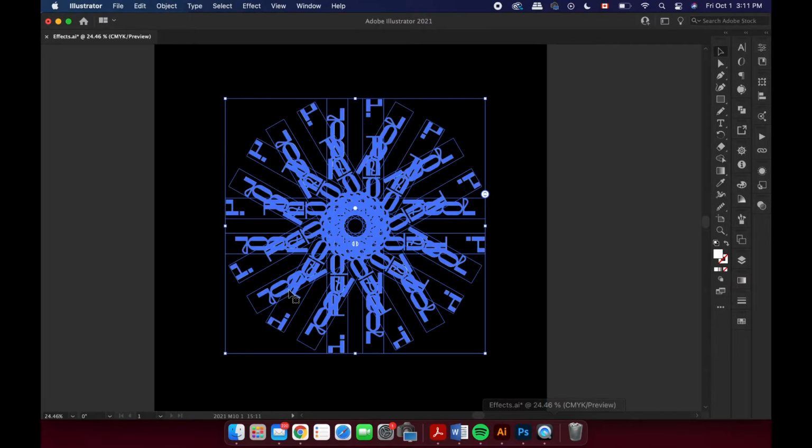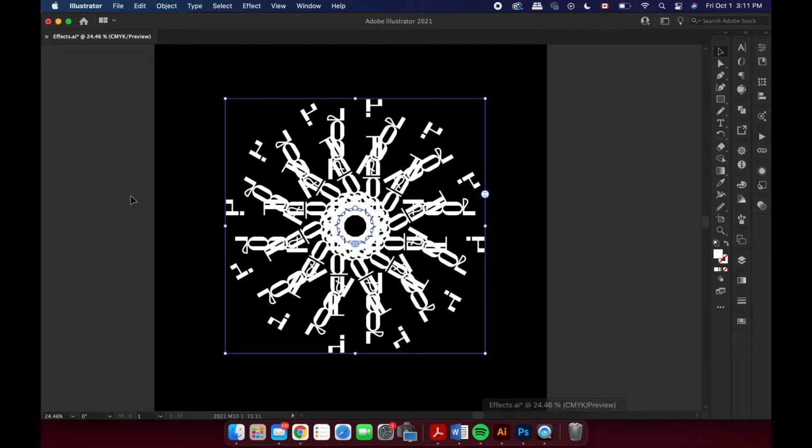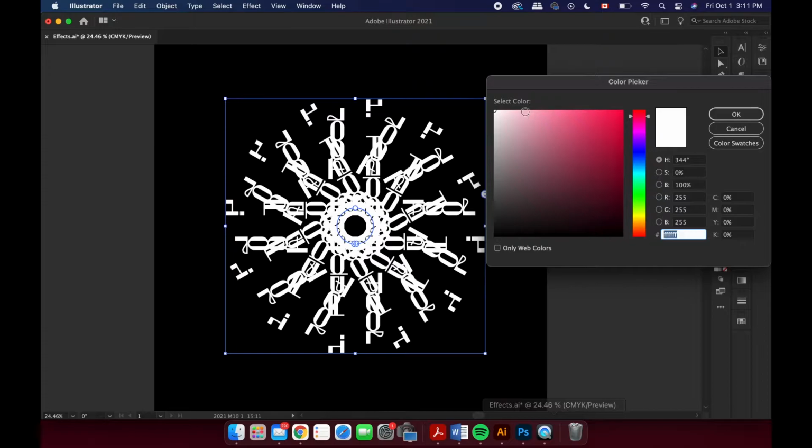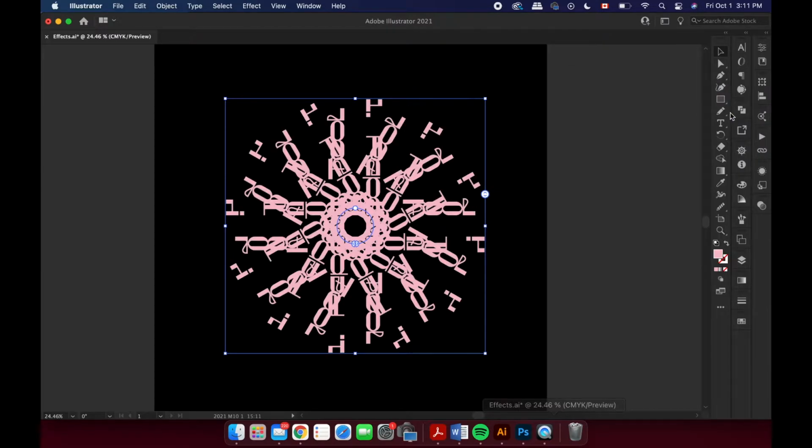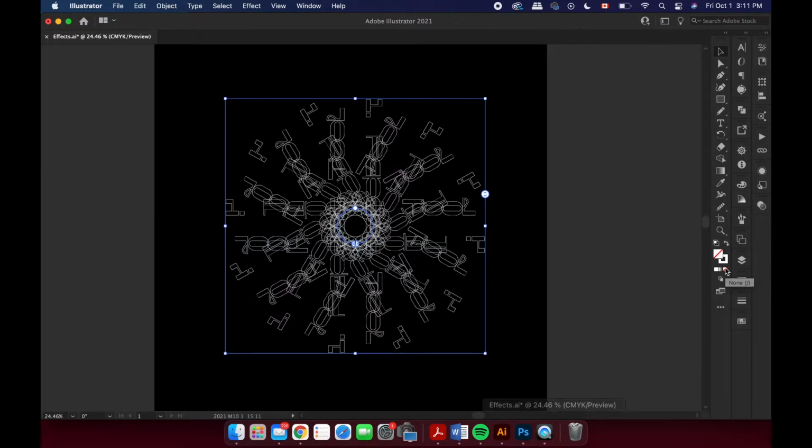The first one is Radial, and you get this cool radial effect. Now this is what it looks like with the text effect. If you use other shapes, it will look different. Of course it will be in a radial, but you can change the colors and it changes everything. You can even change the stroke as well, and it changes everything in the radial, which is pretty